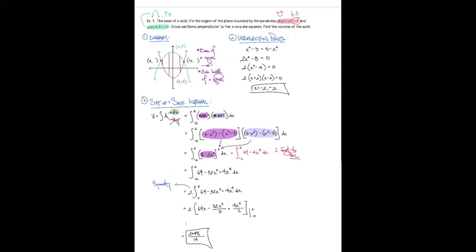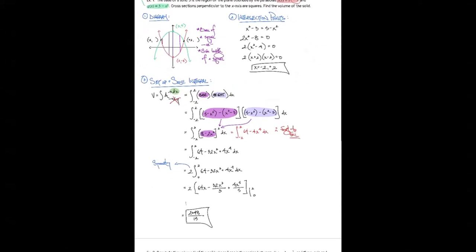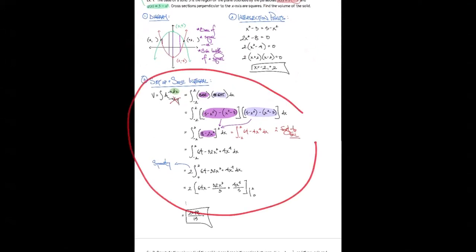All right, so let's get that whole question on one page over here for us. We started with our diagram. We found our intersection points. Again, these two you can sort of do simultaneously, whatever helps you feel like you can draw a better diagram. And then you're going to set up and solve that integral. You can see that most of what we've written here is really around the setup, not so much around